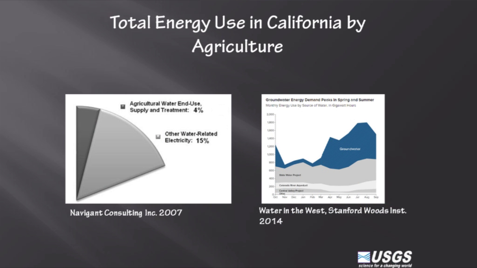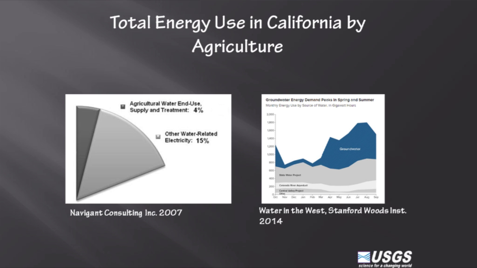Another important resource that's used in agriculture is energy. Agriculture uses about 4% of the total energy use in California, which seems like a modest amount, but when you put that into context, shown on the graph on the right, with the timing of when energy is used, it corresponds to the peak energy use in other sectors. And what that means is that the power producers have to turn on what are called peaker plants. And the peaker plants tend to be coal power plants, very old and dirty and inexpensive.